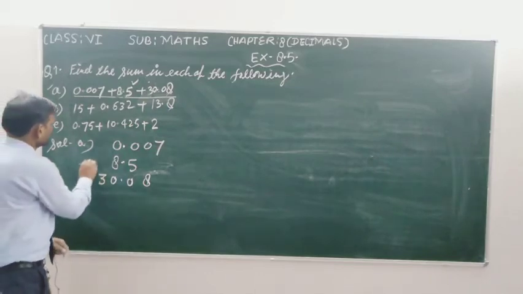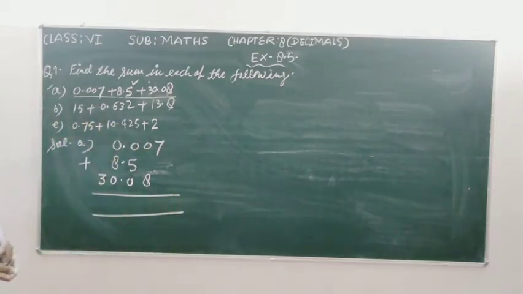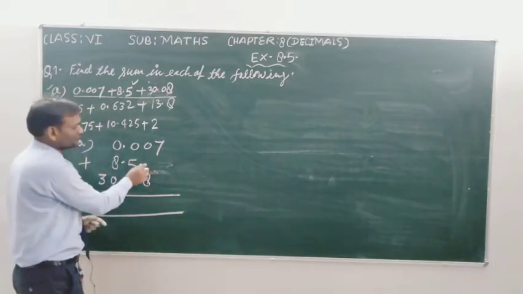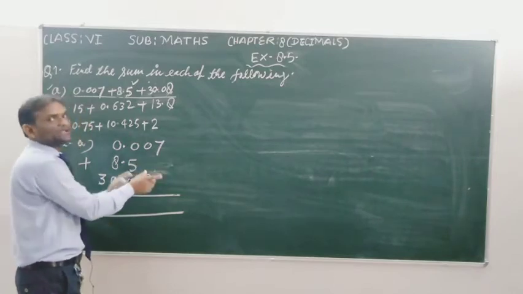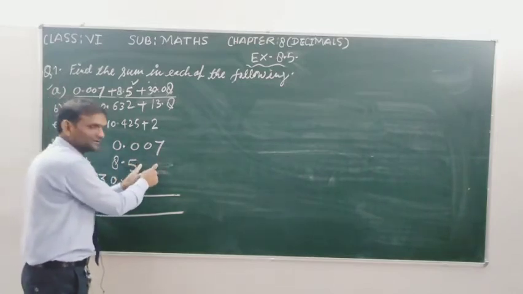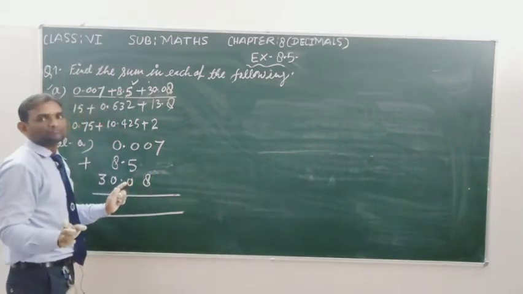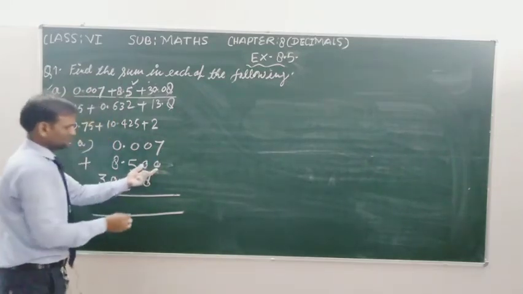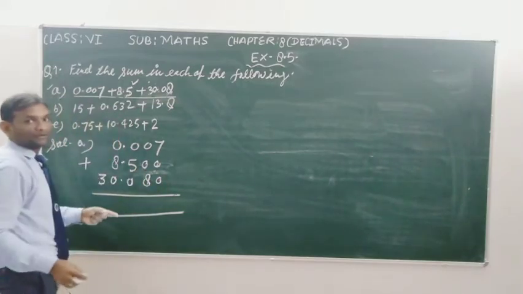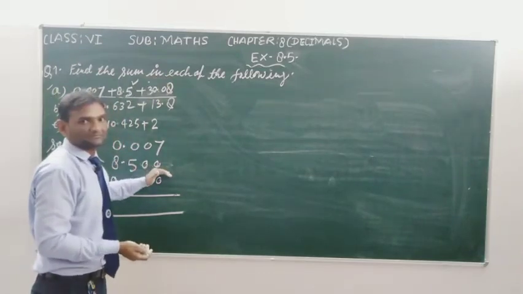Now student, we add it according to whole number. whole number के अकॉर्डिंग हम इसको ऐड कर देंगे. You can write 0 here and here, which has no meaning, जिसका कोई भी मीनिंग नहीं है. If you want to write, then you can write. If you don't want to write 0, you are free. So there is no meaning. If you want to write, you can write here, but you will write the digits to one side.